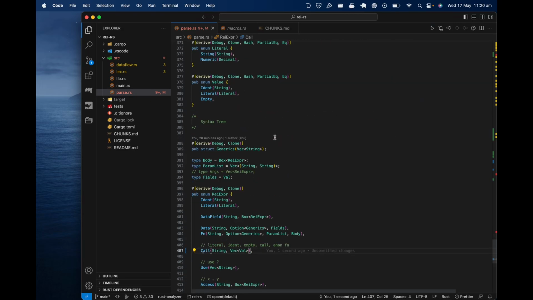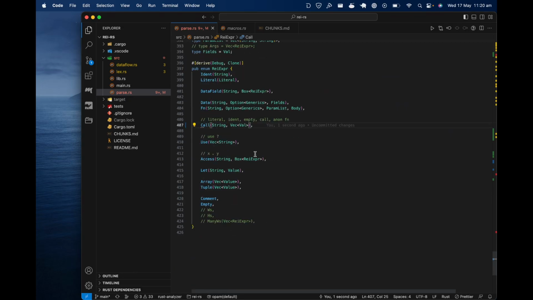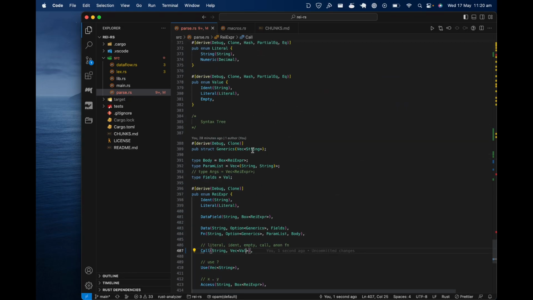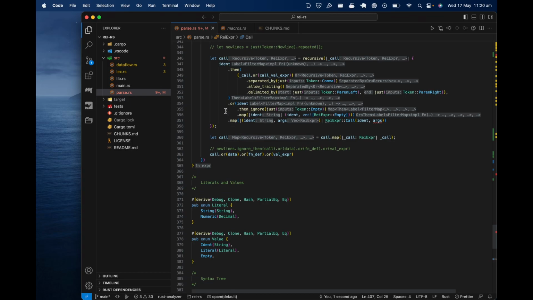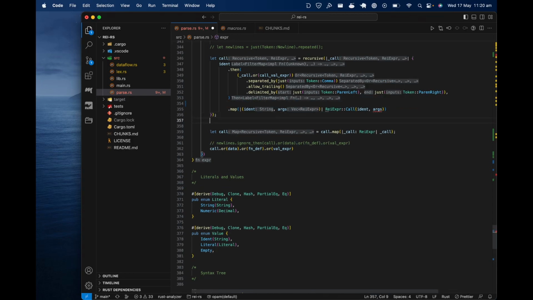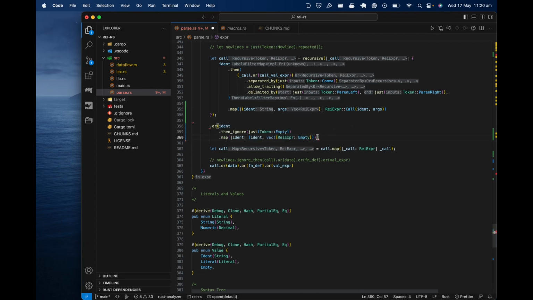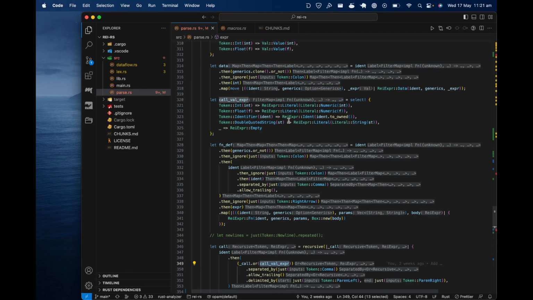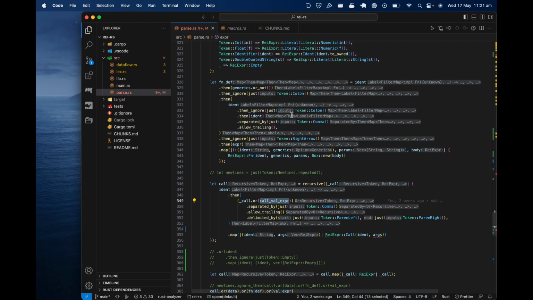Oh, no. Empty. I don't think that's actually needed, to be honest. Yeah, I don't think that's actually needed. Need expression. Oh, damn it. I did literal. Do I just make it